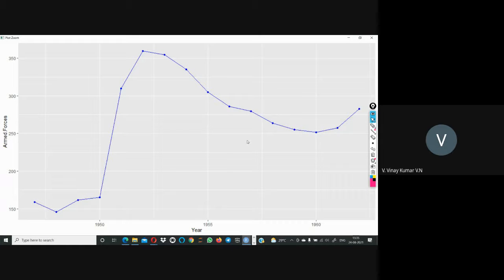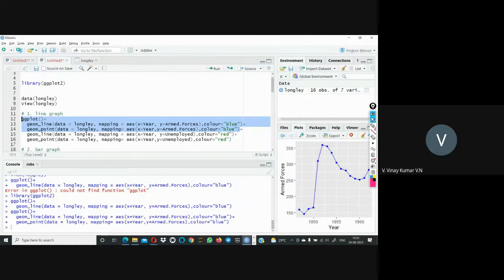If you want to add more features and more lines, you can use the plus sign and generate the code. Here I am using another plus sign and I want to plot the data where my x data is year and y data is Unemployed. So here I'm taking another line, the same where x is year, and another line in terms of unemployed people, and that line should be red color.